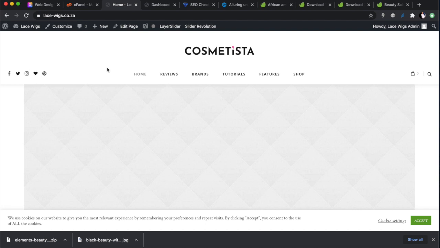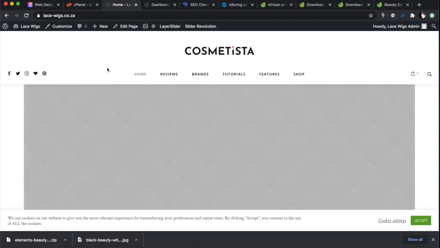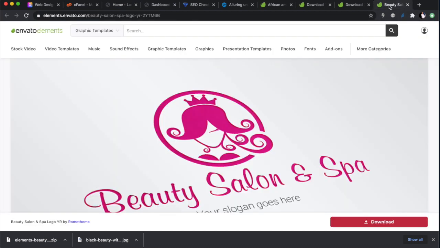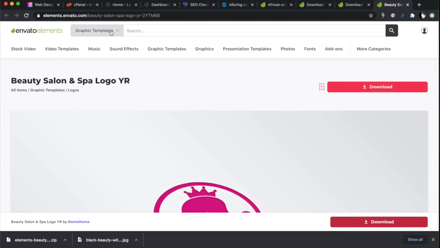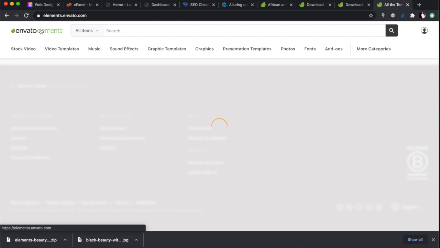This is logo design, a quick snippet for non-graphic design people. Okay, so logo design for normal people. What you do, you head over to your Envato Elements account that I've already told you about. By now you already have it set up, right? So if you go to graphic design, let me just show you this from the beginning, okay?